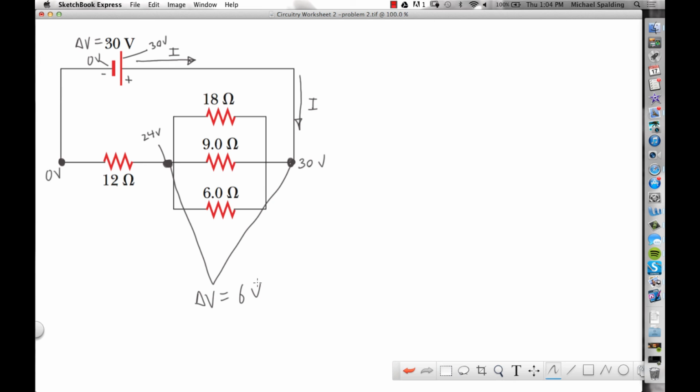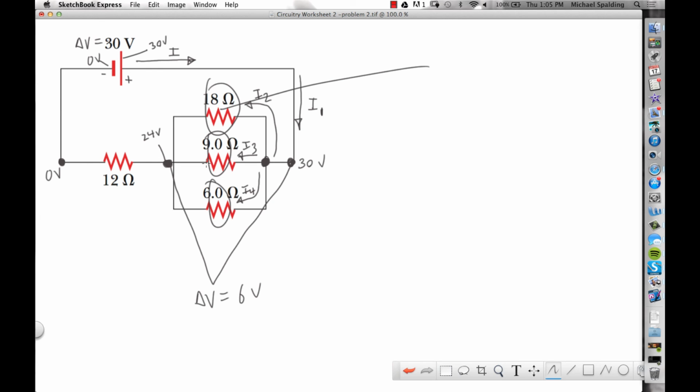Now look, does it matter if the current that we're talking about is the current through the 18? Because what happens right here is the current splits, right? This original current, let's call this I1. What happens to I1 right there? It branches, so we'll call this I2, and this one right here would be I3, and the one that goes down here is I4. No matter which current you're focused on, whether it's the current through the 18, the 9, or the 6,